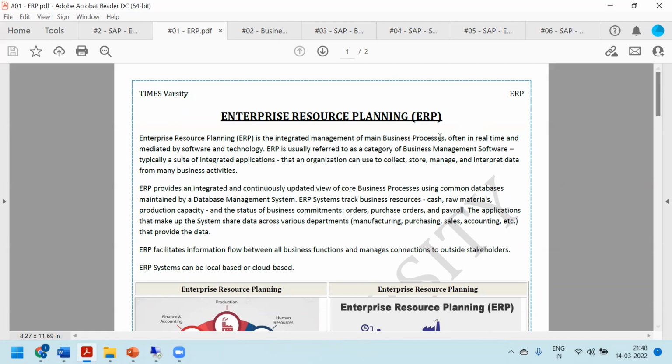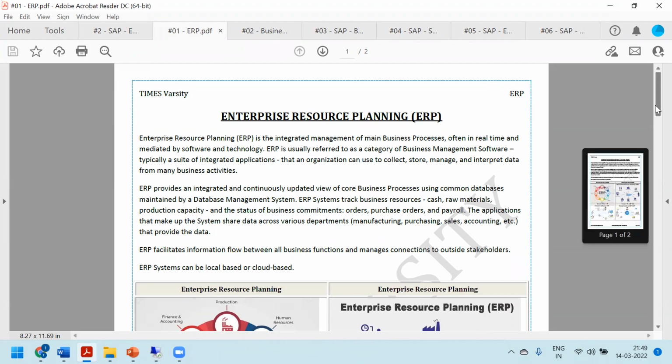Okay. So let's try to understand the term enterprise resource planning, which is nothing but ERP. Enterprise resource planning is the integrated management of main business processes, often in real time and mediated by software and technology.